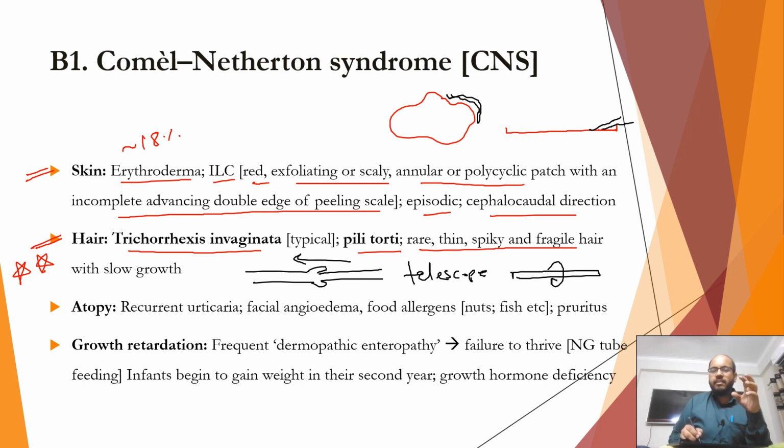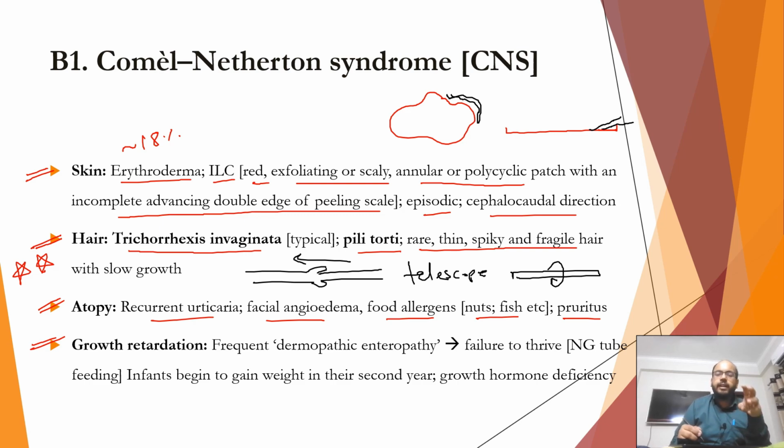Hair is sparse, thin, spiky and fragile, and there is also slow growth of hair. The third part of the triad is atopy. There is recurrent urticaria, facial angioedema, and food allergens like nuts and fish are also implicated. There is pruritus, significant severe pruritus. Growth retardation may occur. Remember the complications of Netherton syndrome: hypernatremic dehydration, failure to thrive,